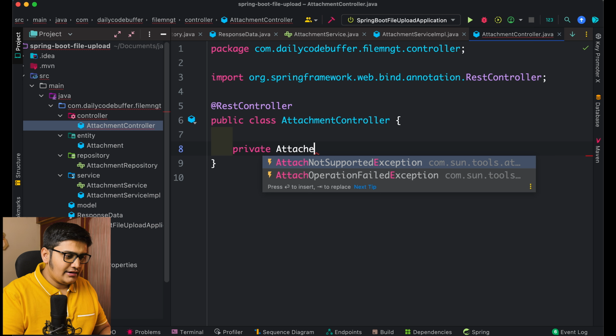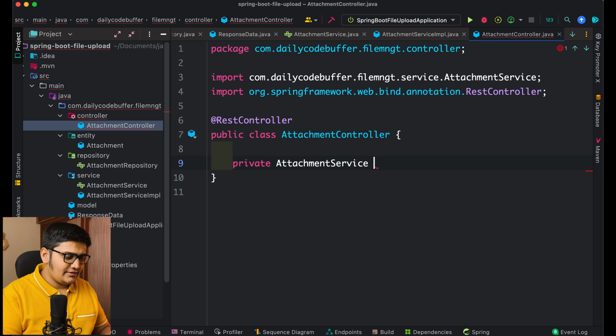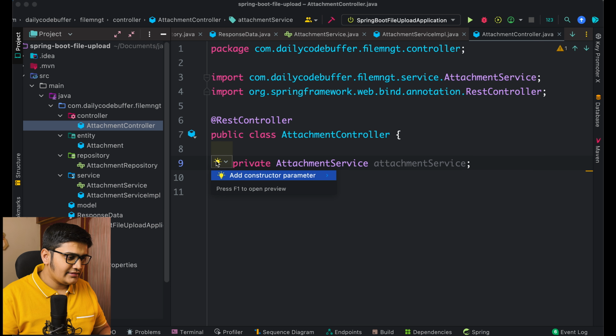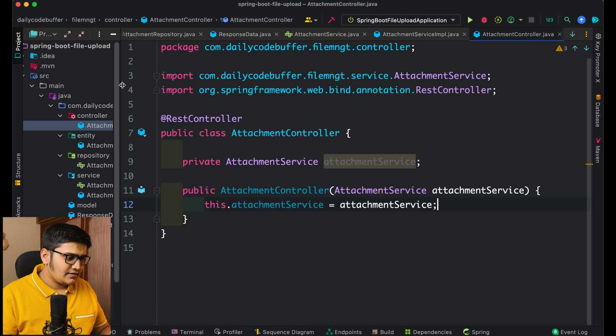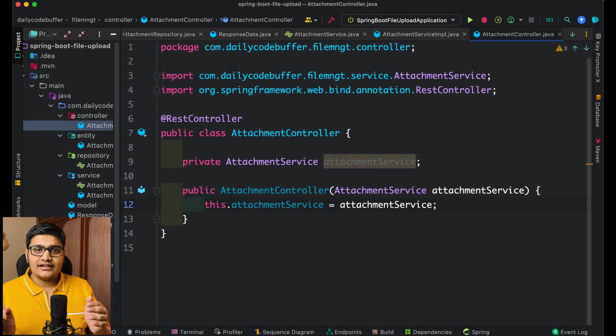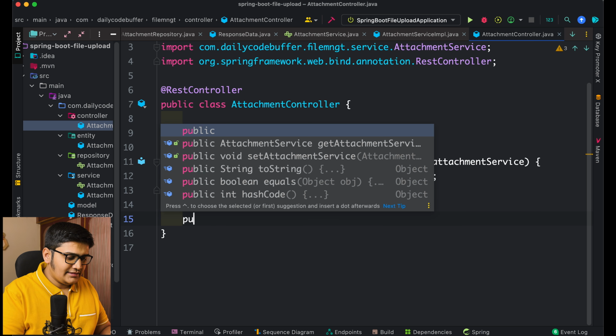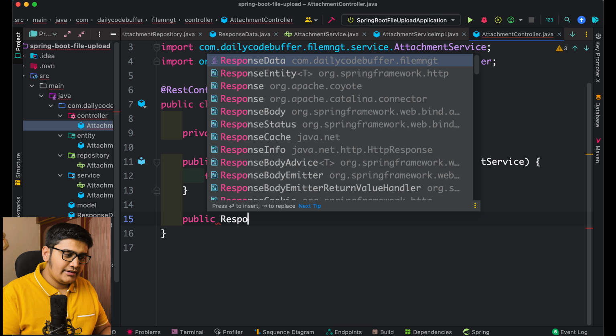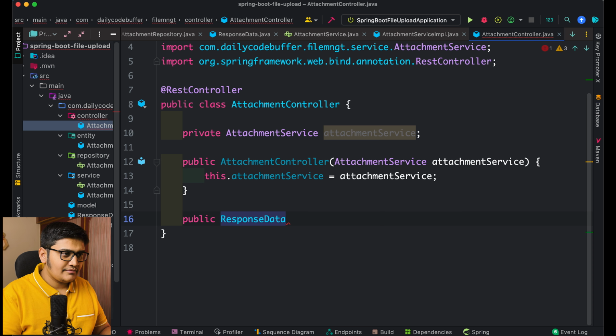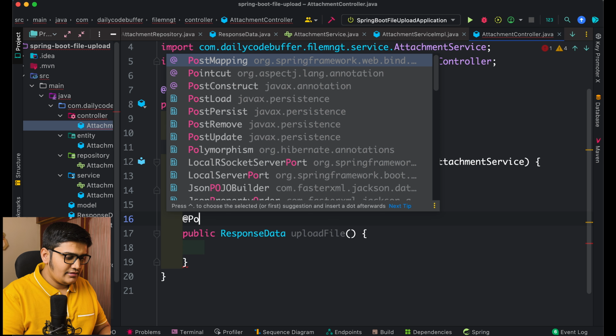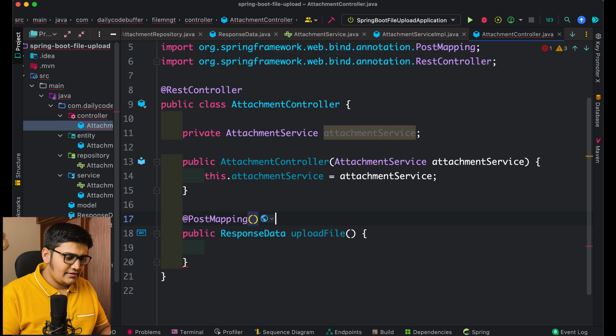Private AttachmentService, and I'll just create the constructor. Okay, and here I need to create a method which uploads the file and then downloads the file. So let's do that. I'll just create one method, public, which will return the response data which we created, and I'll name it uploadFile, and this will be a PostMapping